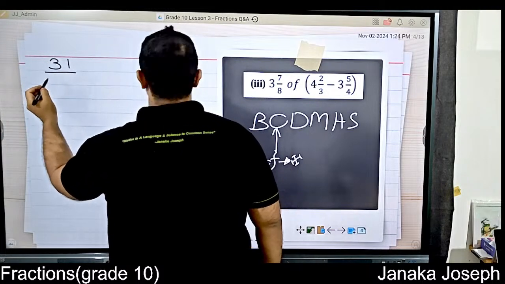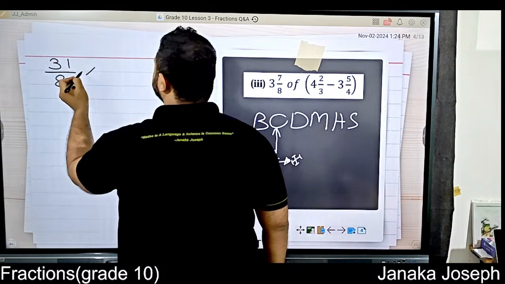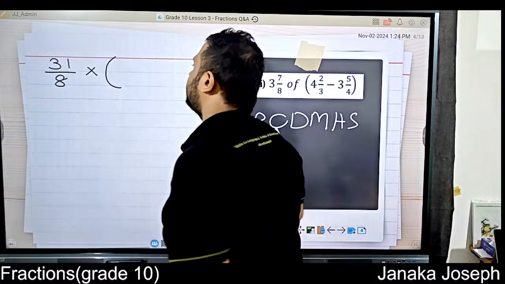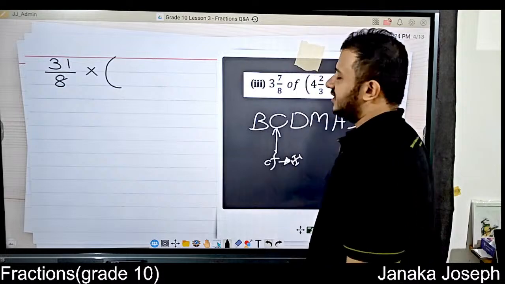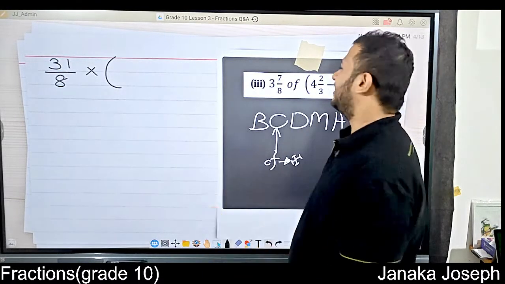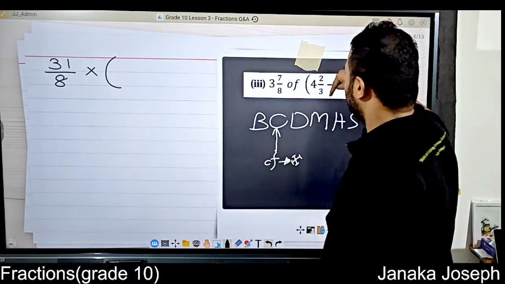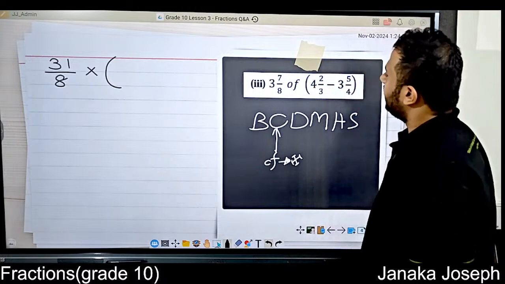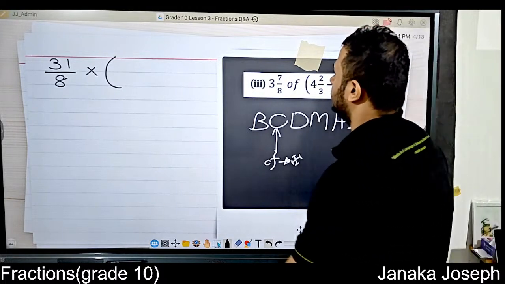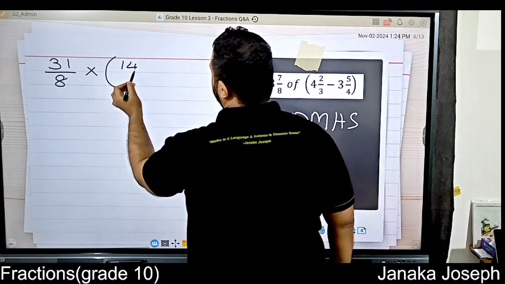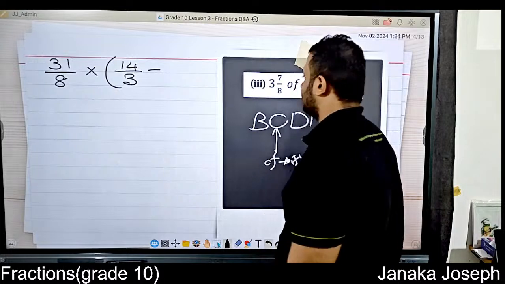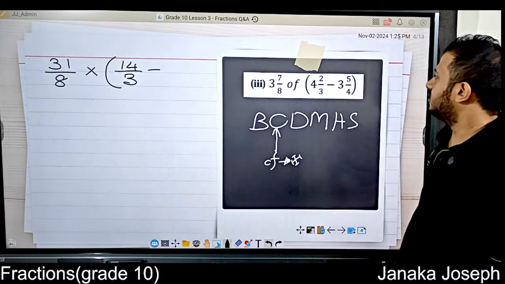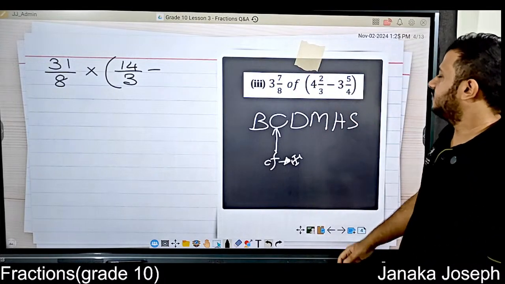31 out of 8. Of means multiply, plus, but keep in your mind that multiplication should get done first as soon as you finish the bracket, but here that's the only thing which is left. Then 3 times 4, that's 12. 12 with a 2, 14. 14 out of 3 minus 3 times 4, actually 4 times 3, 12 with a 5,